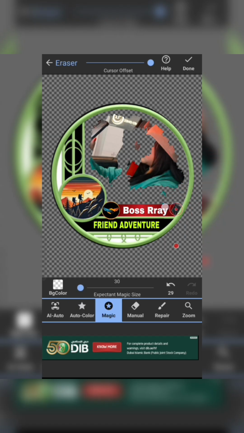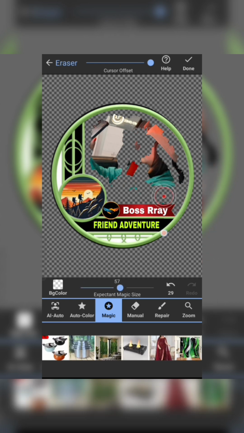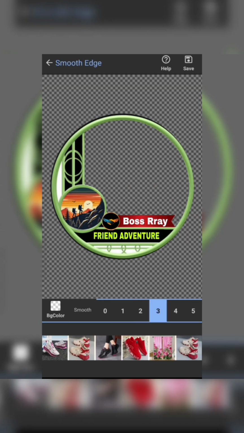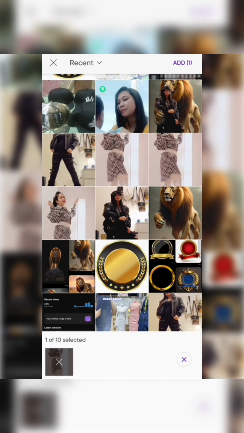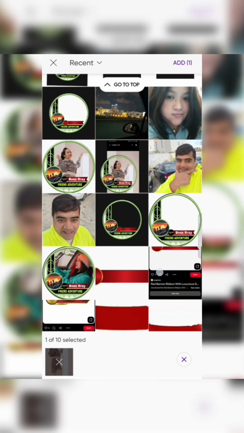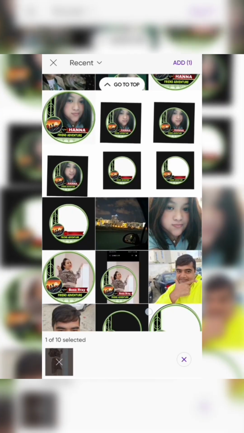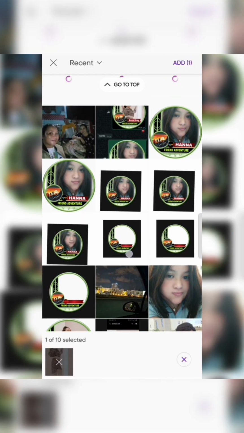Yeah, because in one of my tutorial videos, that one is all circle, that's why it's very easy to remove the picture if you want to change it. But this one is hub style, so I need to erase. And then this is it. I try my other picture. We'll see if it looks nice or no.